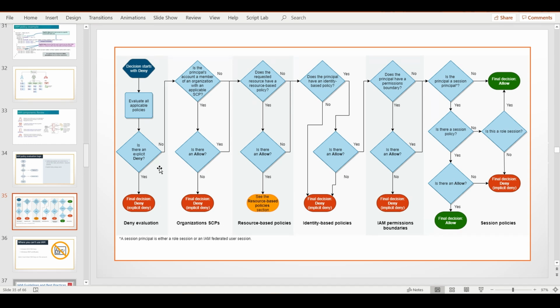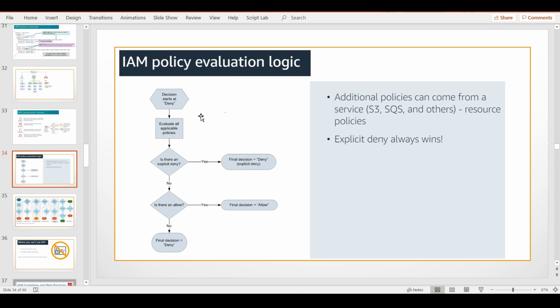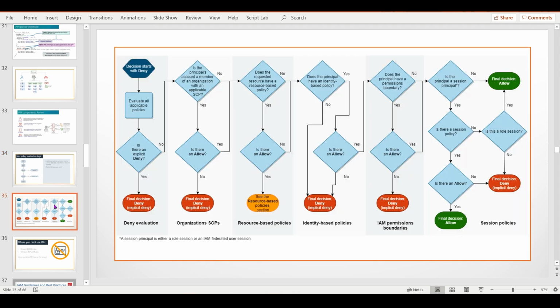So in a normal single account, it starts at the policy document level. But if your organization is more complex, and you have multiple accounts controlled through AWS Organizations,